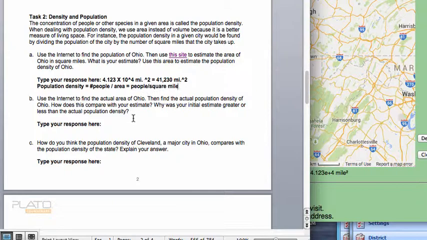2b, you're going to calculate population density of Ohio again, and this time you're going to use the internet to find the area of Ohio. And in 2c, the question is, how do you think the population density of Cleveland, a major city in Ohio, compares with the population density of the state? Explain your answer. So for this question, you need to think about what population density means. Population density is people per square mile. So it measures the crowdedness of an area. So if you have a major city